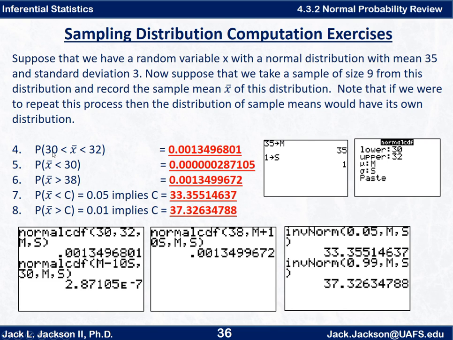So it's a normal, so I do normal CDF. I want to go from 30 to 32, that's lower to upper, and the mean of m and the standard deviation of s, and paste that in, and you can see there that probability is